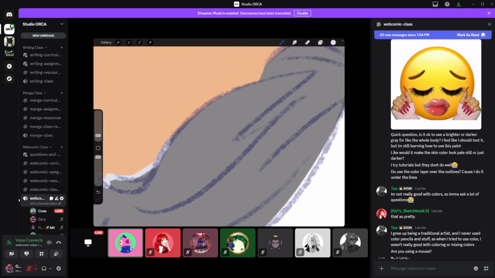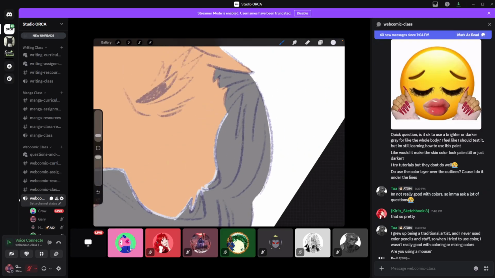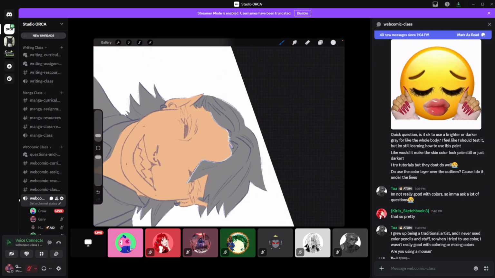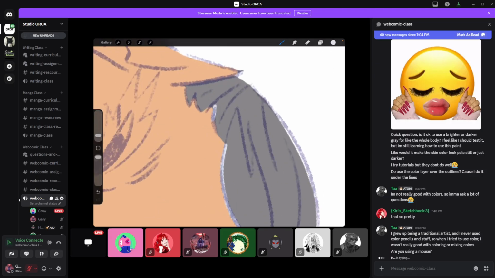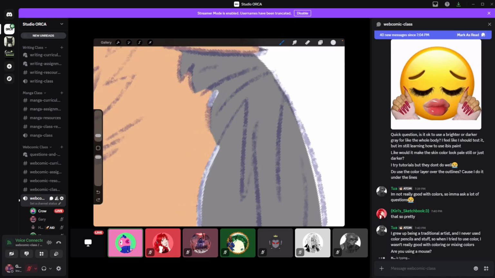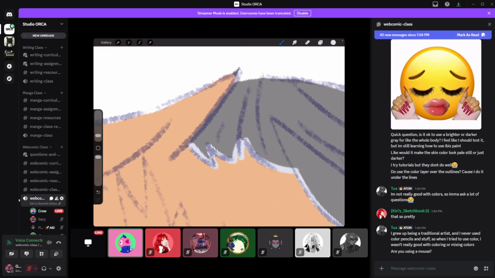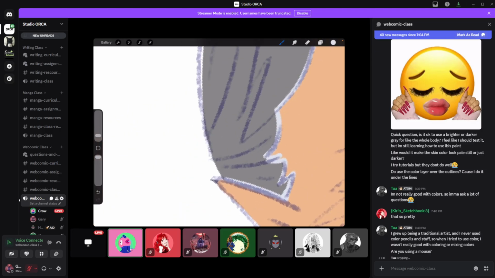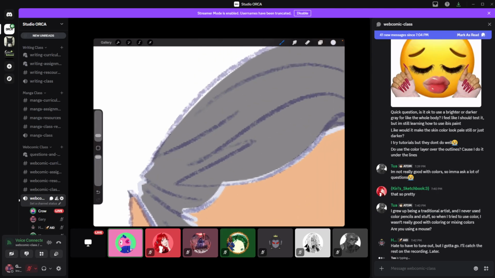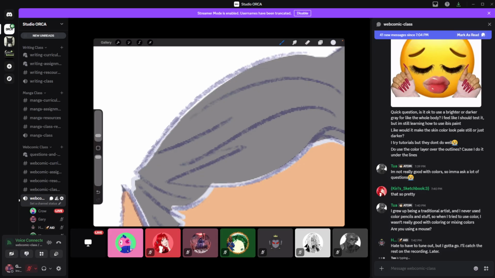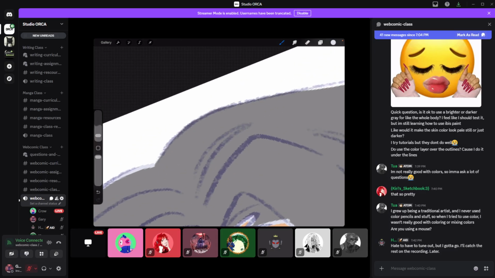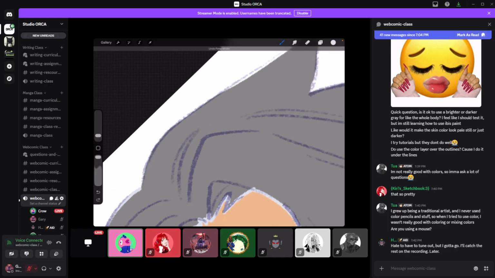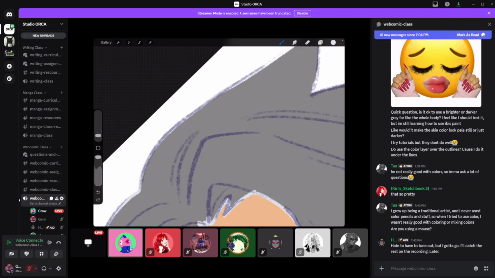I use a tablet, so this is Procreate. I use an Apple Pencil because I personally can't do anything with the mouse. I'm not a tech savvy person, and when I wanted to make that transition from traditional to digital, I needed something more pencil-like to hold. And then I got an Apple Pencil because I think that's the most comfortable. And I don't think I'd ever be able to draw with a mouse